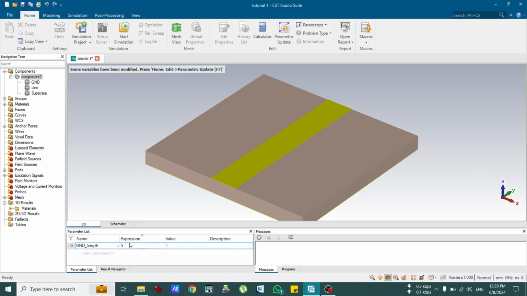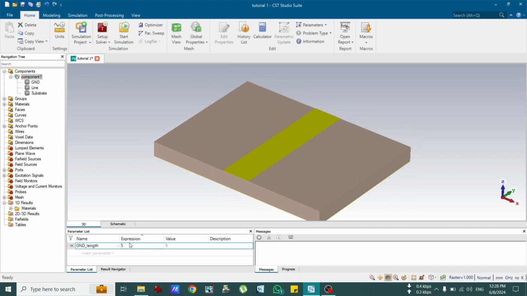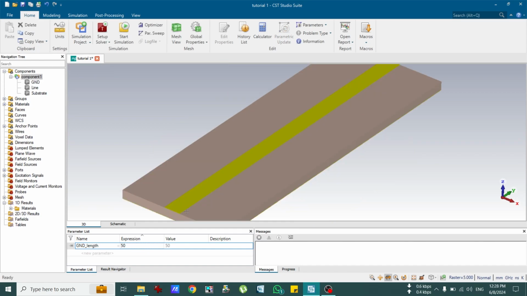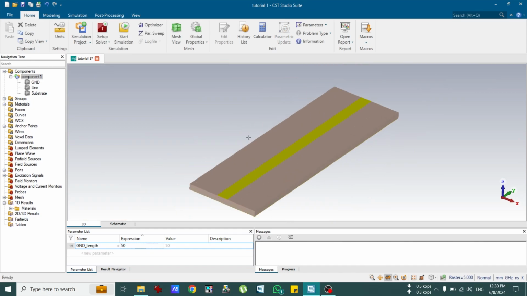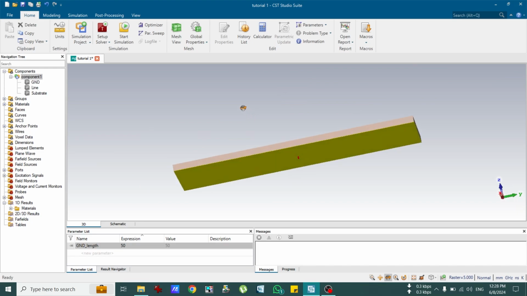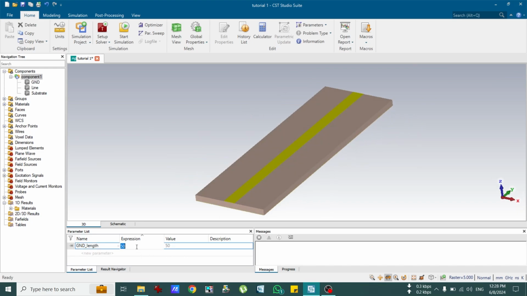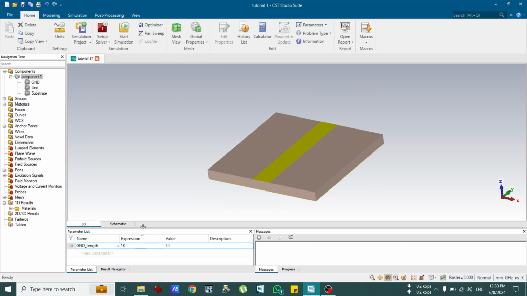the value of this parameter. And as you can see, while I'm changing it, the ground, the substrate, and the microstrip length are changing at the same time, and it is quite easy to set the length, right? One more advantage of setting the parameter here is we can actually now tune this parameter